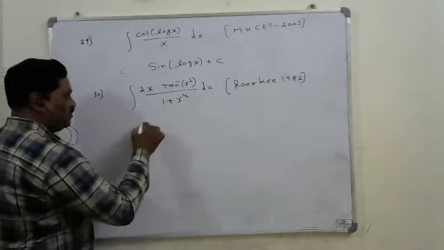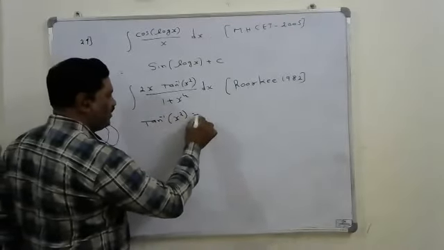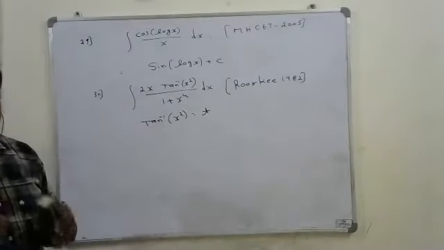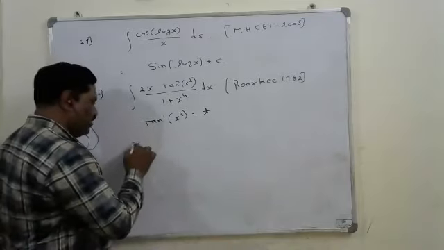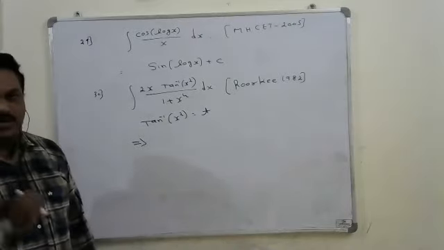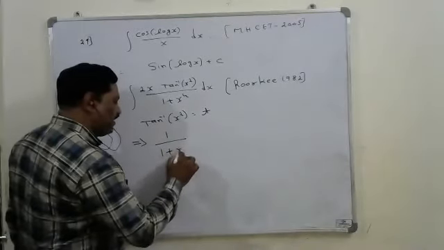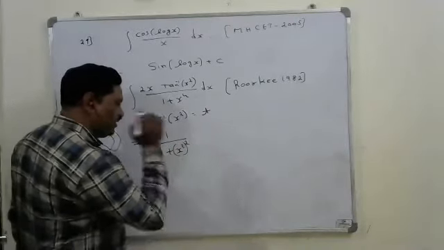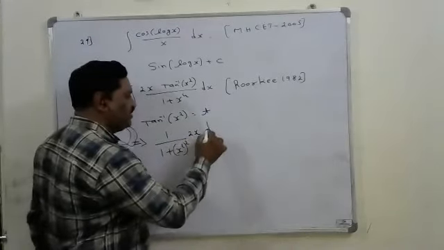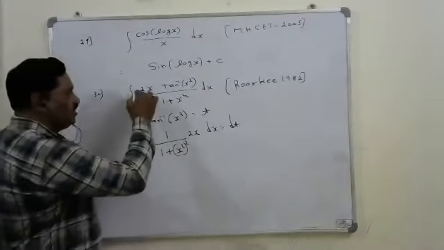We can write 1 plus x power 4 as 1 plus x square whole square. Tan inverse x square is there here, no? We will take tan inverse x square equal to say t. If you differentiate this, the derivative of tan inverse x we know is 1 upon 1 plus x square, right? So therefore the derivative of tan inverse x square is 1 upon 1 plus x square whole square, into, again you have to do the derivative of x square, which is 2x dx, equal to dt. This is the derivative of that. So exactly, that value is available here.